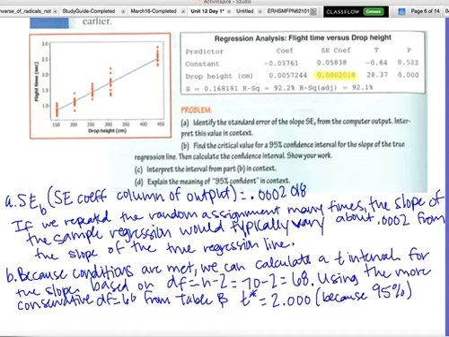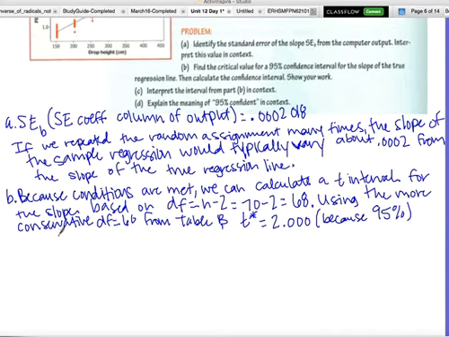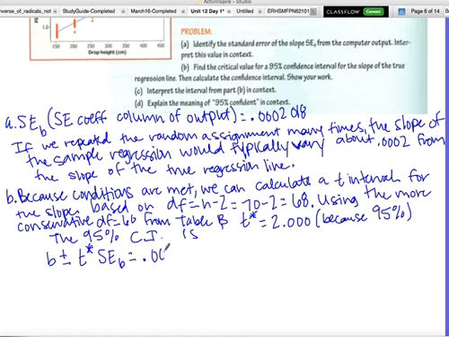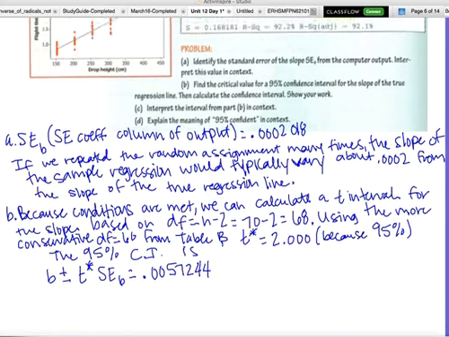So basically, the 95% confidence interval is this: b plus or minus T star times the standard error of the slope, which in this case would be 0.005724. That came from